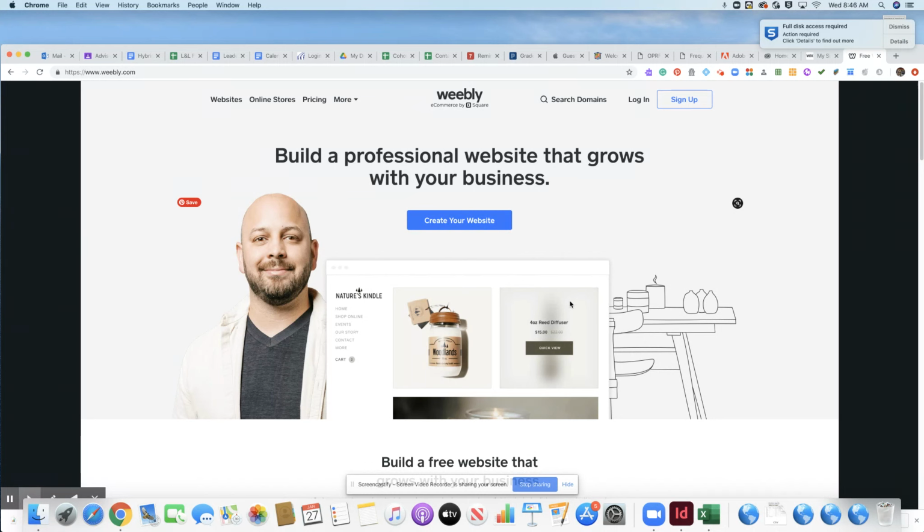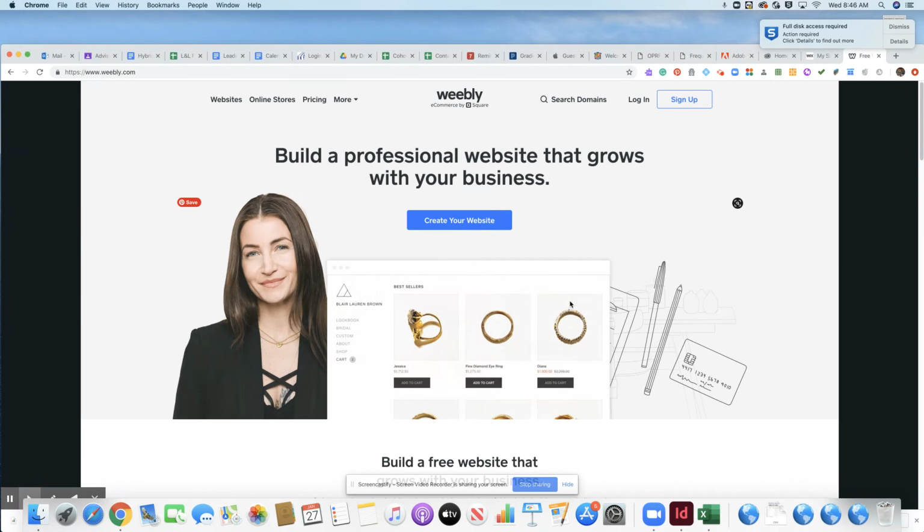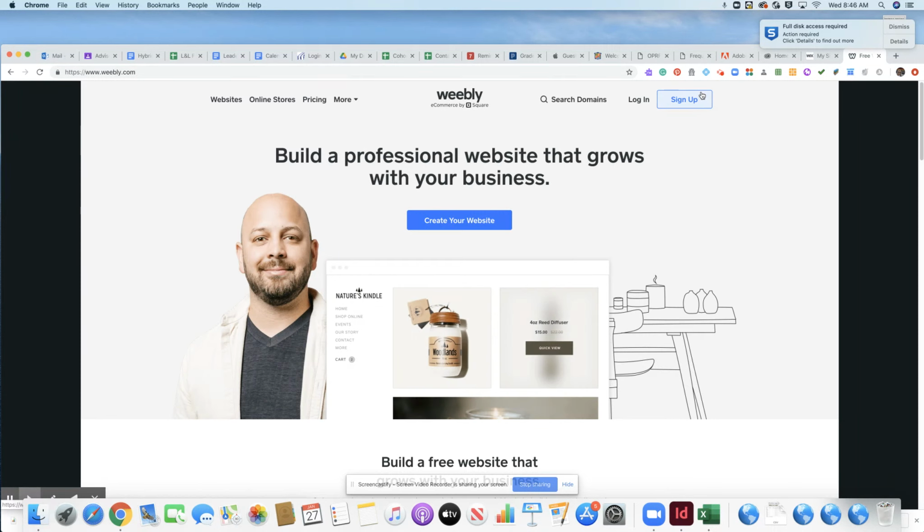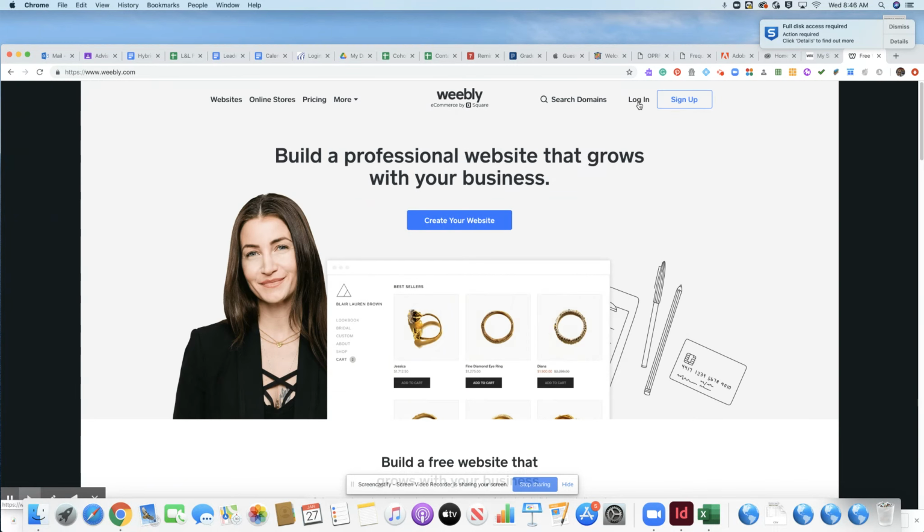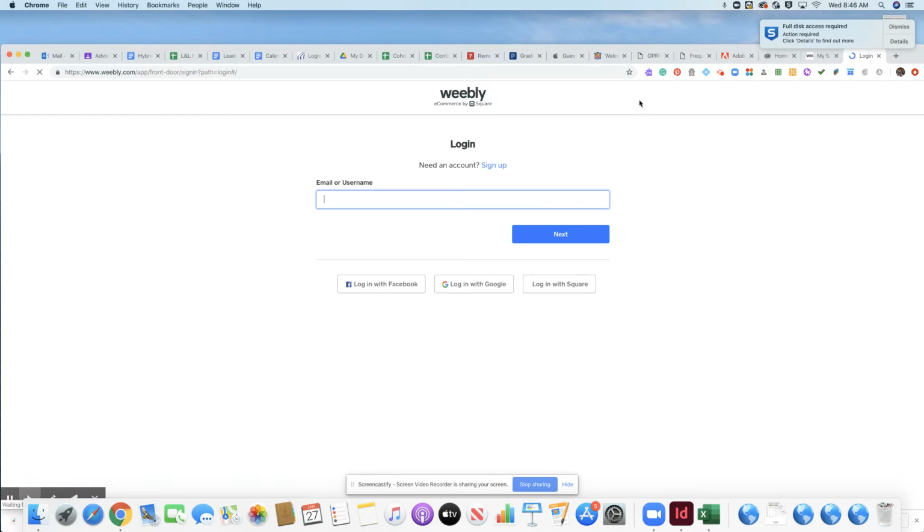If Weebly is your choice for your website, again, you have the choice of Weebly or Wix. I have already signed up. So technically your button that you will go through is the sign up button. Because I've already signed up, I will just initially log in. So I'll just walk through that section for you, but you'll go to the sign up tab and